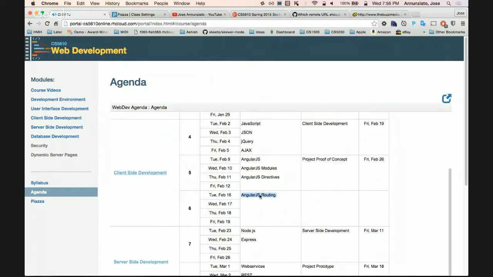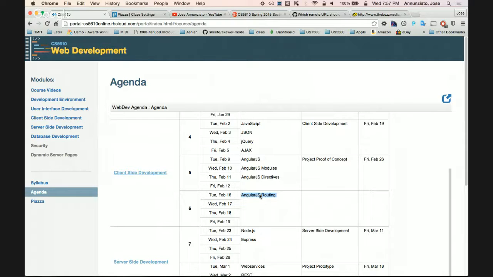Also, routing. This is the main one of several AngularJS modules that gives you the functionality of being able to implement your navigation, but in a single-page application. Navigation in a multi-page application is just what? It's just links from one page to the other page. We're not going to do that. We want that functionality, but implemented in a different way. Implemented in a single-page application without ever reloading anything, meaning we only dynamically load the pieces that we need. So Angular routing, JS routing allows us to do that.